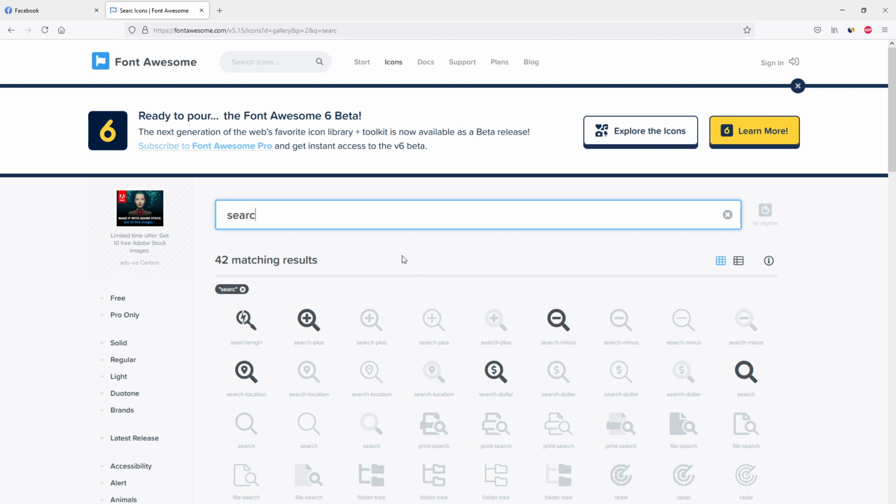We need to only focus on the free icons, which are a little bit bold like this, and whenever you hover over the premium icon, it will also show the pro tag, and this is for the license, and the license requires some subscription, so I don't recommend it. We will be using all the free icons. So let's select the search icon,